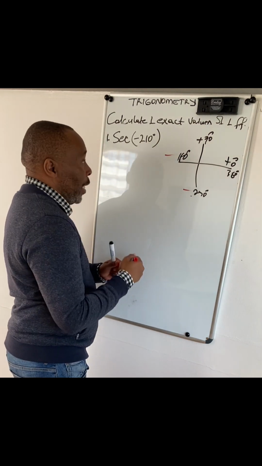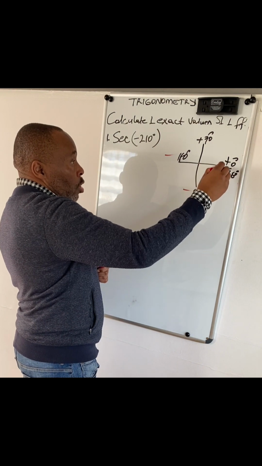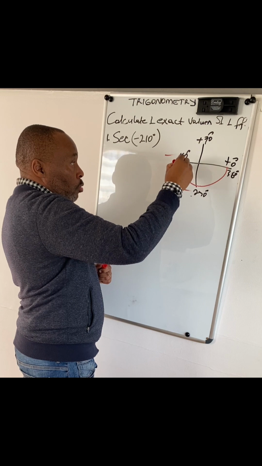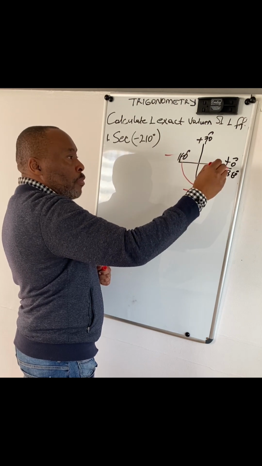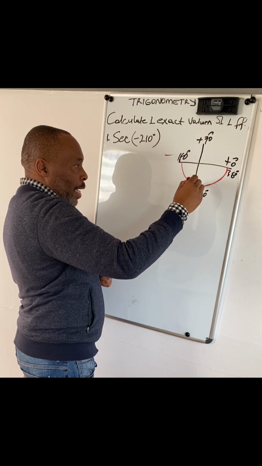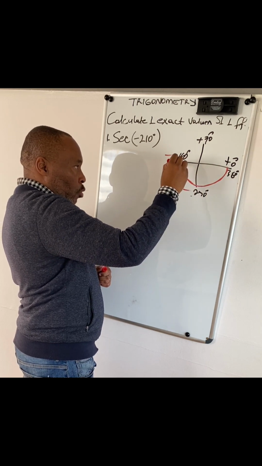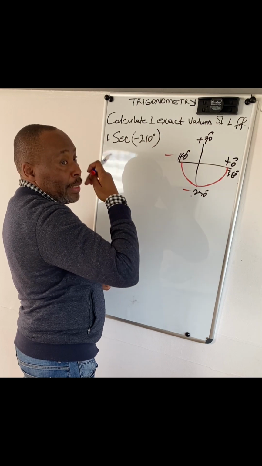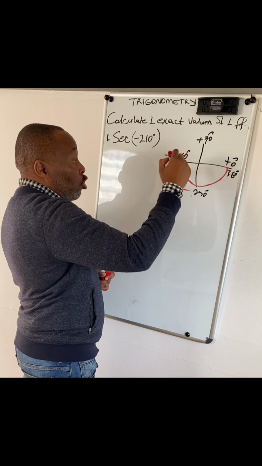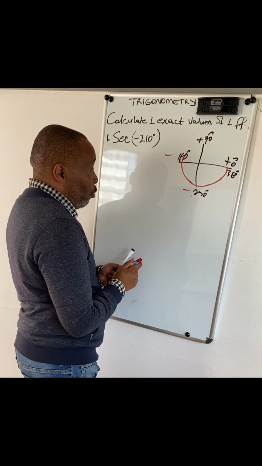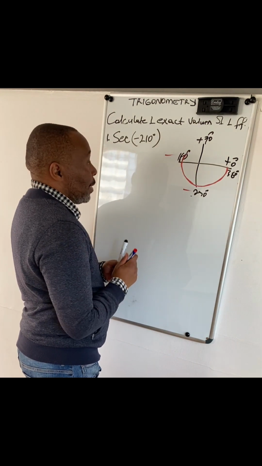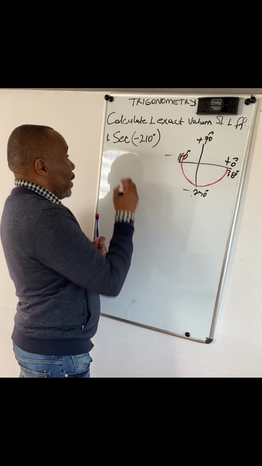So we are given 210. 210 is above 180, so it starts from here, this is 90, and up it gets to 180, and it goes above 180. If you are not sure how far it goes above 180, you better relax and come here and say sec